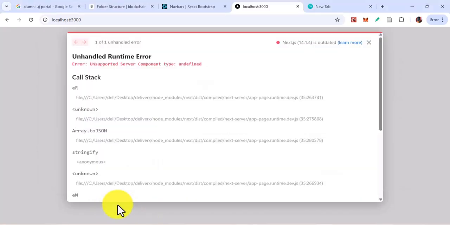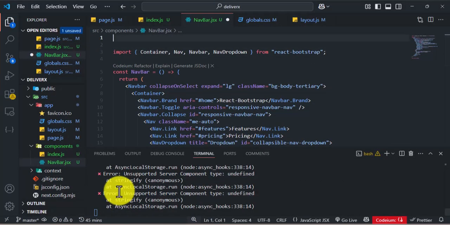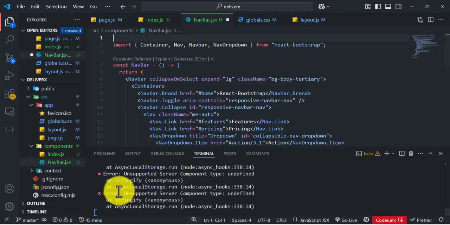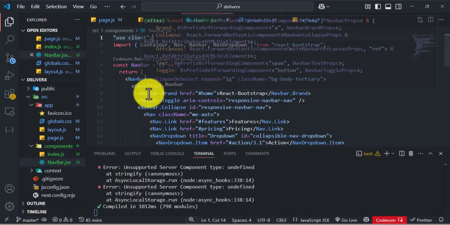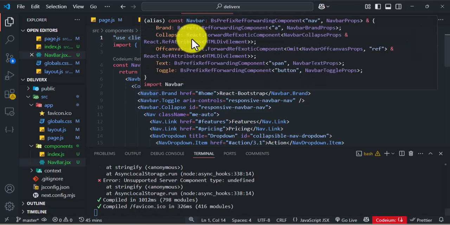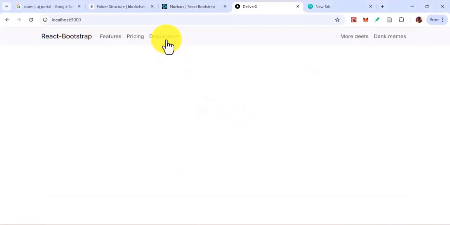That means that I'm using a client side component, and by default Next.js always does server side rendering. You don't need to disturb yourself too much. Just to correct that error, I'll just say use client. Just say use client so that it will not treat it as default server side rendering. Since I'm using client side rendering, I should just use client. So you can see now that I have my navigation